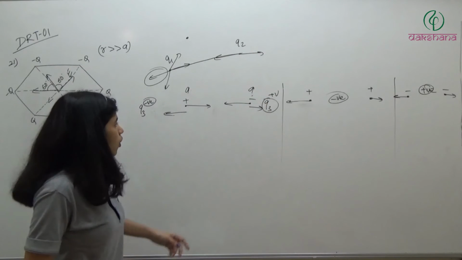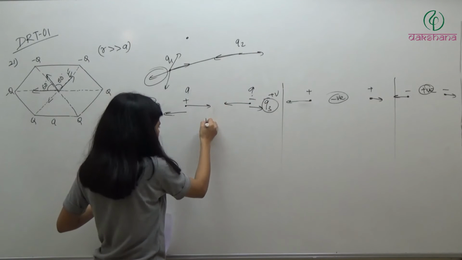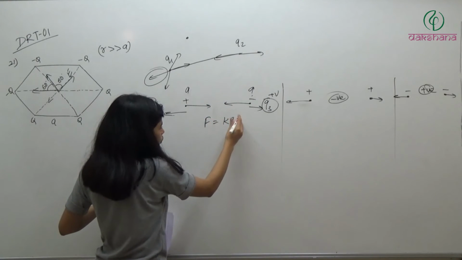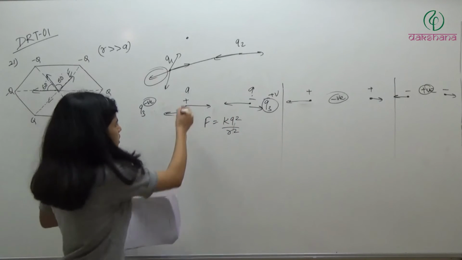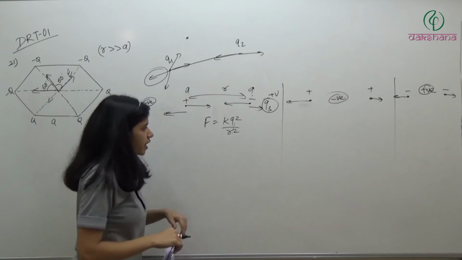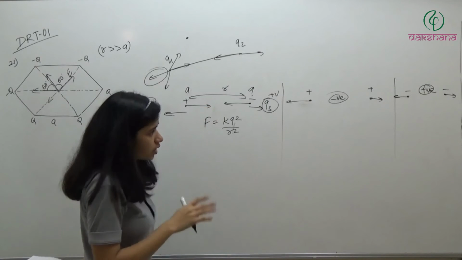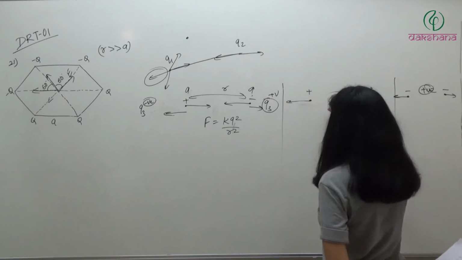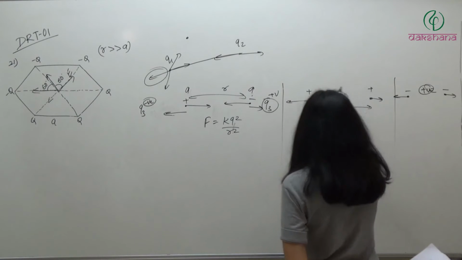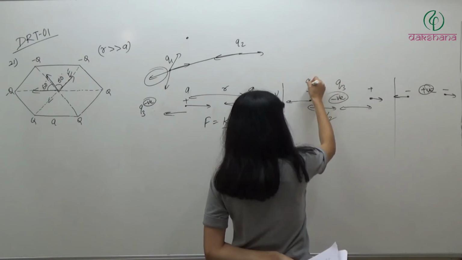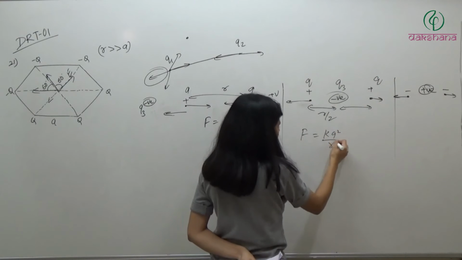Okay. Now if we place them here, the force acting between these two is F equal to kQ square by r square, this is distance r. Force which is acting between them is kQ square by r square. Now I need a force, or rather we talk about this, because we are keeping the charge in the middle, so we will directly take r/2 distance. So let's say we have a charge Q3 here, Q here, Q here. So force is what? kQ square by r square.